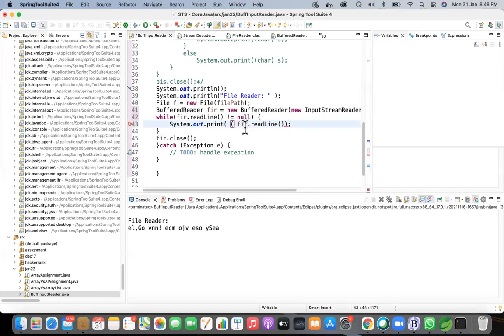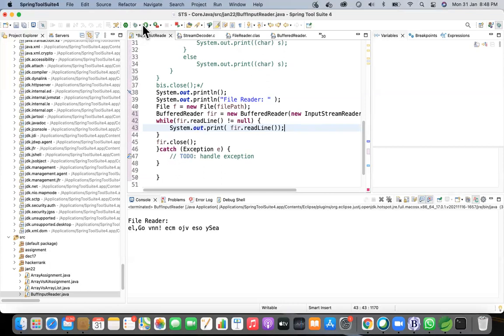You have to remove one before fr. Okay. Yeah, and after that you have to close your fr object. Okay, you have done that. Cool. Now you can execute and see what the object is.